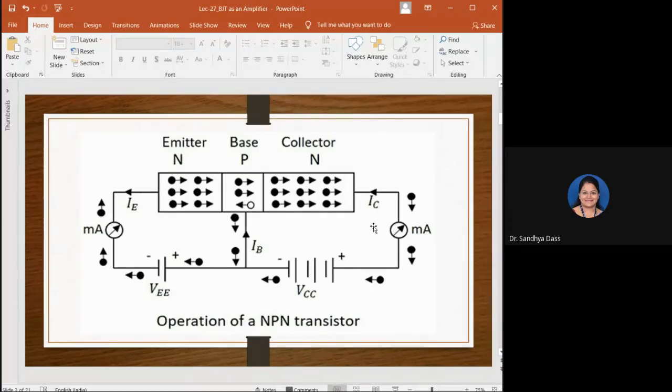Preferably the BJTs will be used for the amplification process, but there is a possibility where you can control the amplification. Okay, you will understand better as we move forward in the discussion today. Like we can control the amplification, whether it should be for a small amount or a further amplified version. So that can be controlled by the gain, right?